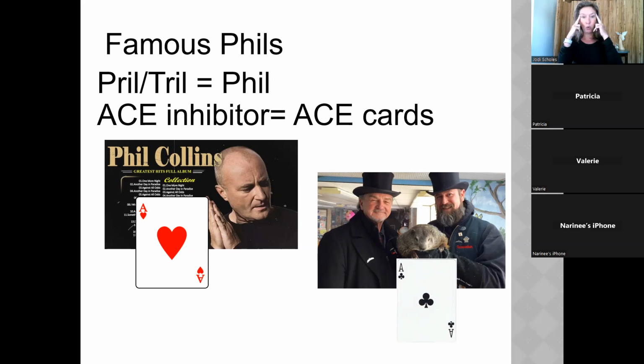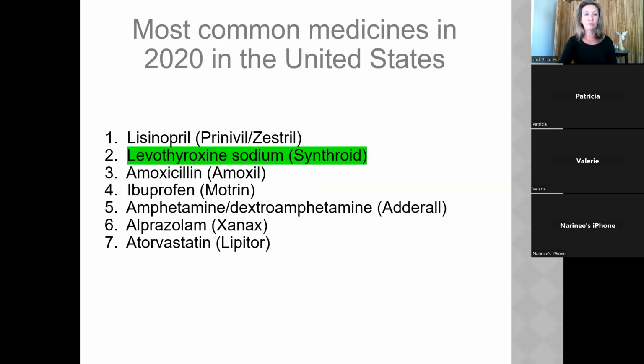I need to have visual ways to remember these things versus just memorization. I need a visual. And so a famous Phil holding an ace. You can have an ace of hearts, you can have an ace of clubs, whatever ace you want. But famous Phil, famous pril, is holding an ace. Why is he holding an ace? Because it's an ACE inhibitor. And then you'll know it's meant to treat hypertension or high blood pressure. Okay,